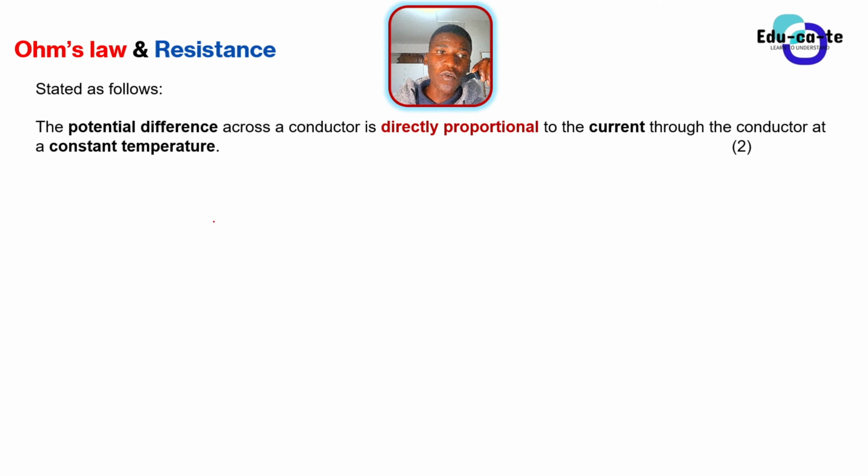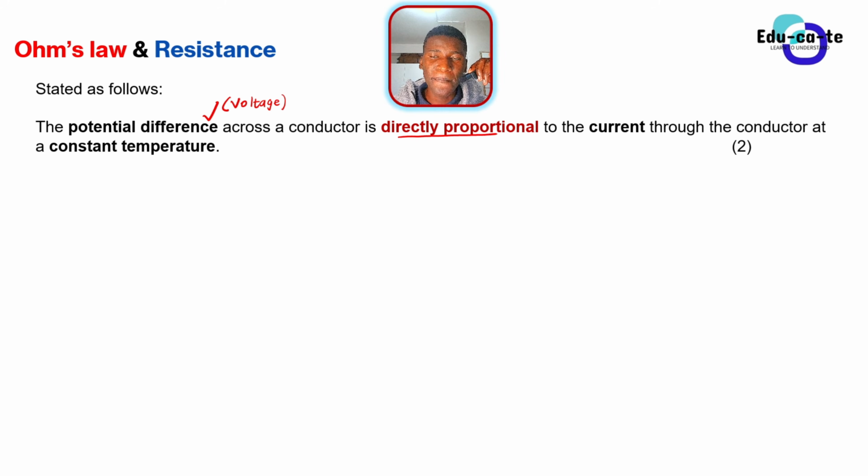Ohm's law. So basically here the Ohm's law states that the potential difference across a conductor is directly proportional to the current through the conductor at a constant temperature. So the potential difference, or it is otherwise known as the voltage. Potential difference or voltage, still the same thing. And then across a conductor, or across a resistor, it simply means the same thing. It will be directly proportional to the current through the conductor, but this must happen at